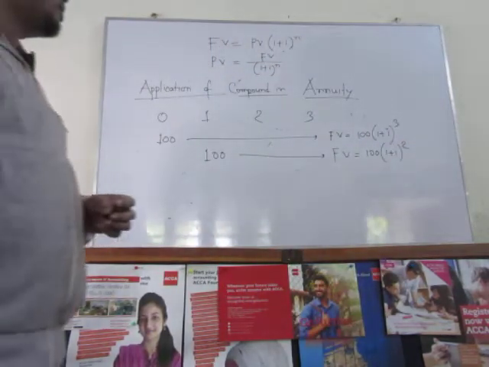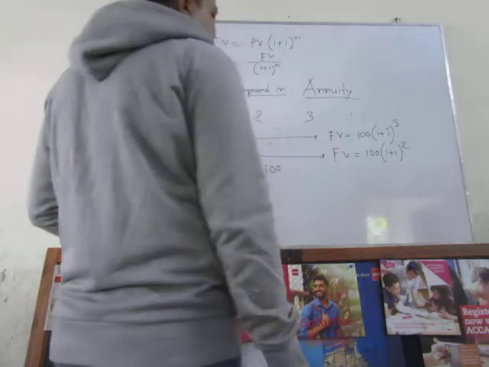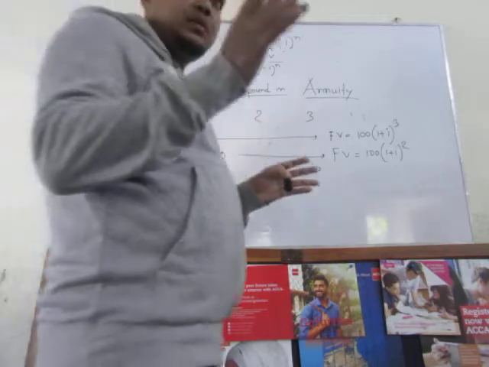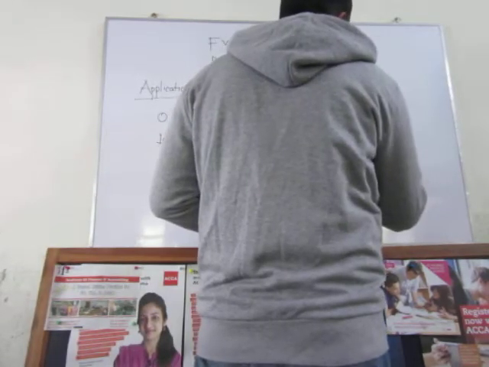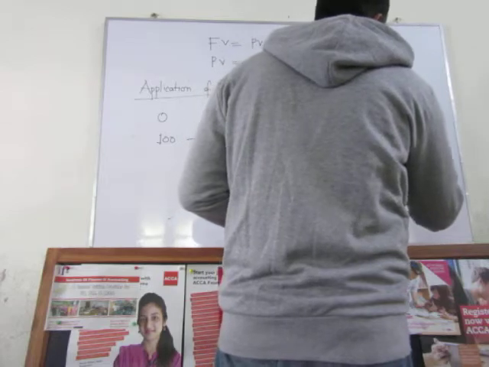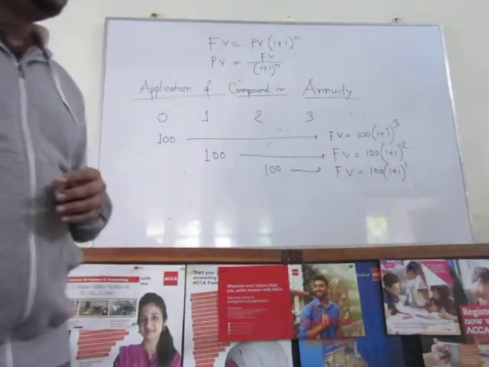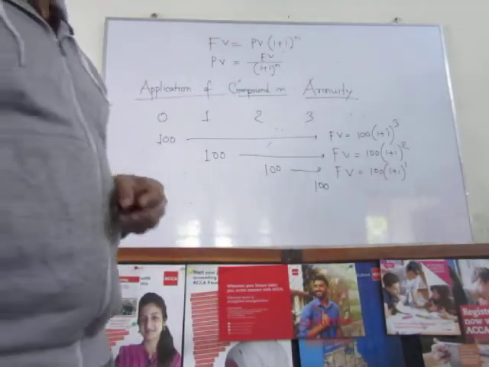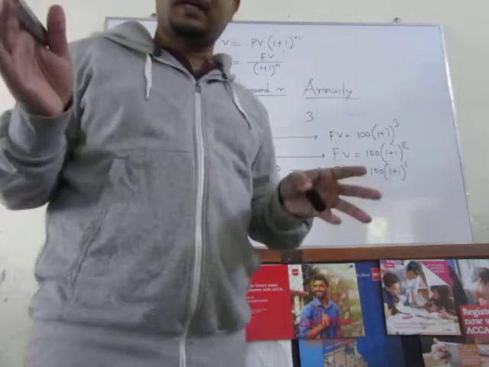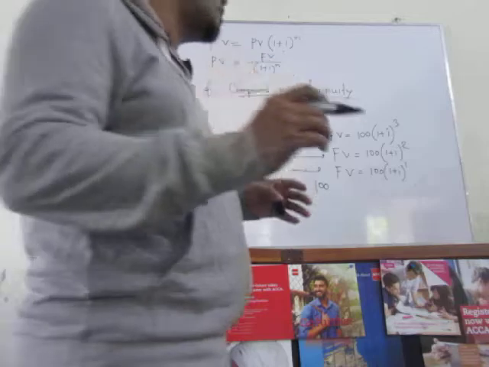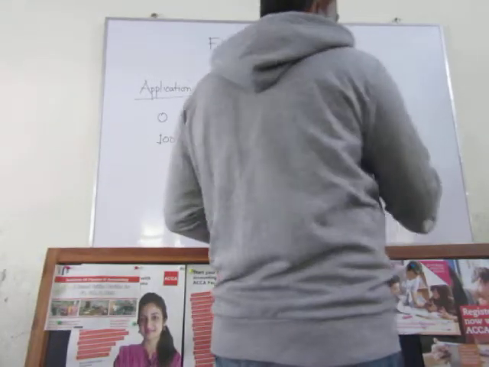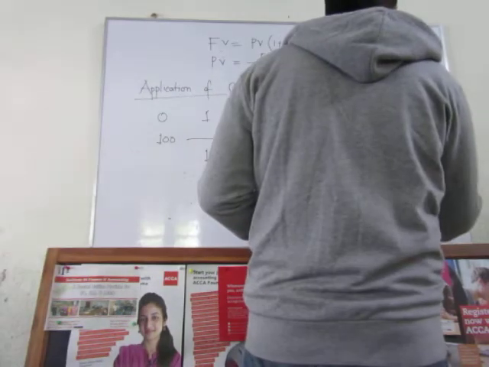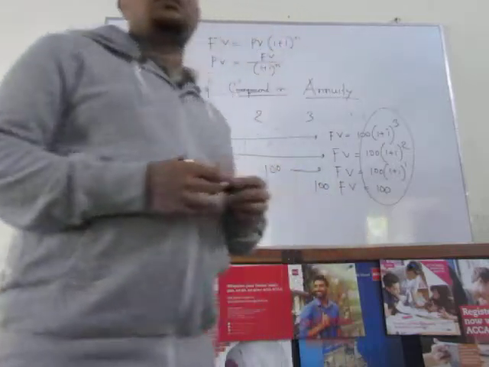Right? Then in year 2, you are investing another $100. This will remain 1 year according to your contract. The future value will be 100 into (1 plus i) to the power 1. And in the third year, you are providing $100. The third year is the maturity year, according to your contract. So the bank will not provide any extra interest on that last payment or last installment. It will be 100.